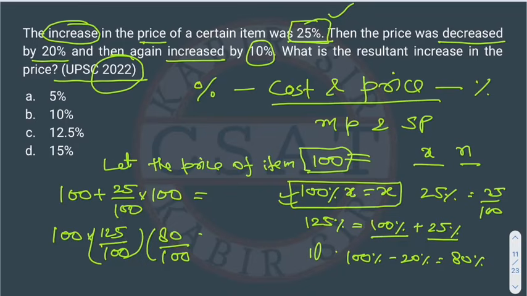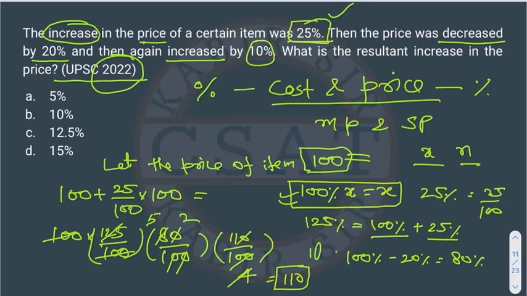Okay, and then the price got increased by 10%. So as we discuss here, we will write 110, right? So this will be the final price. So now we will solve it and we will see what the final price of the product is. Okay, so from here, the final price of the product is